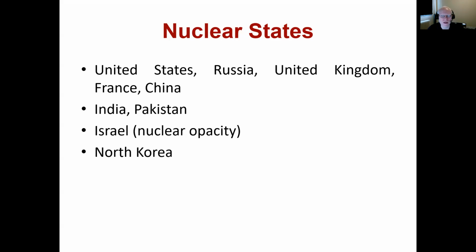But they also don't want to be too open about it. That's why they still want it to be a secret, or at least not official. Because if it's official, their adversaries may want to develop nuclear weapons of their own, or could say, well, Israel has it, so we should have it. But if it's not official and the adversaries come out and say they want it because Israel has it, then it looks like they're being more provocative. So Israel really likes this nuclear opacity stance. And then finally, North Korea has in the last decade developed a small nuclear force.